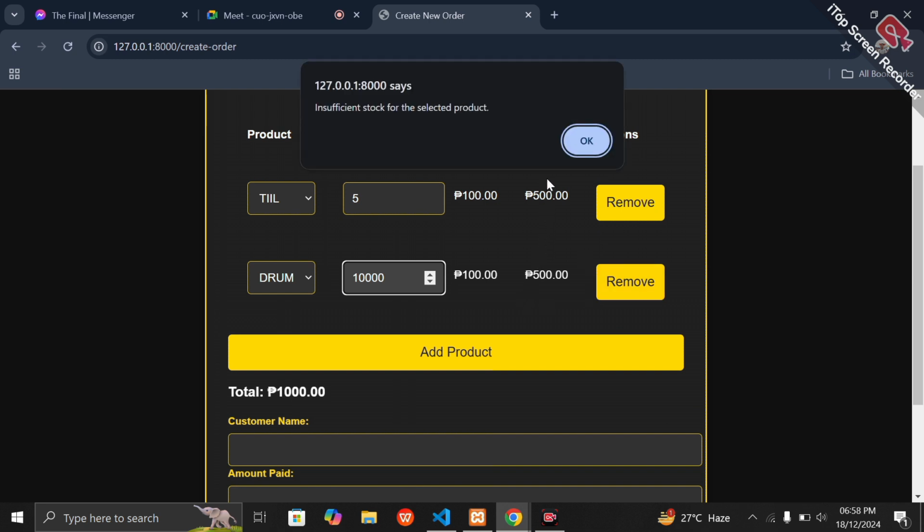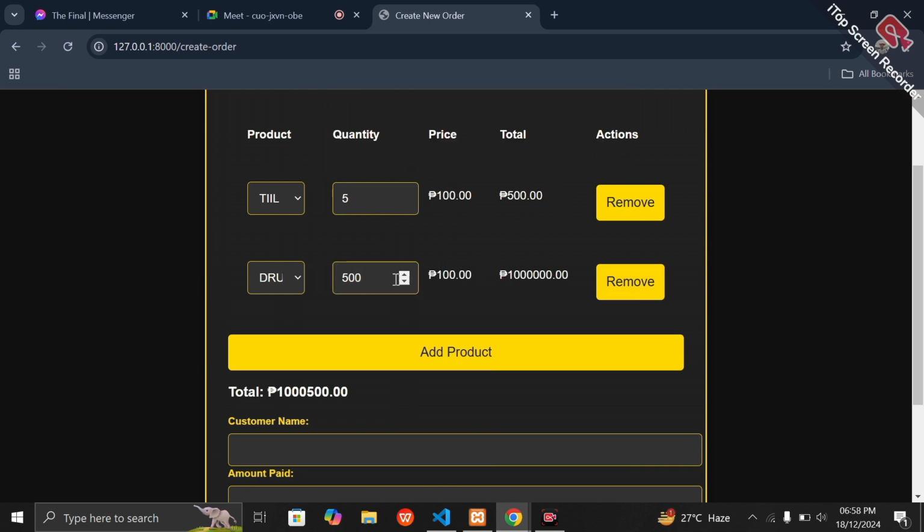You can see the insufficient stock for the selected product. So we cannot buy a product that is out of stock in our available products.